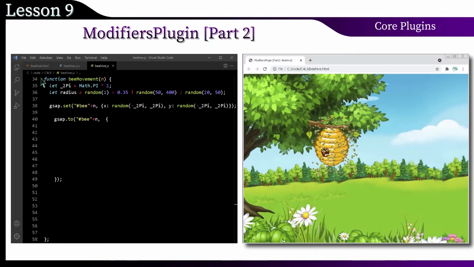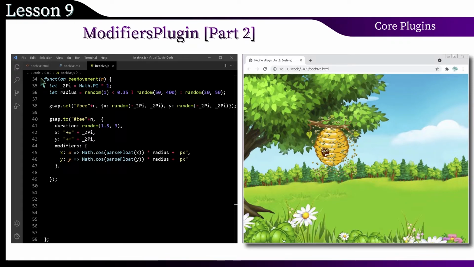Now the animation itself. The duration of the animation is random from the appropriate range. This will contribute to the difference in the speed of movement of the bees. Now there is a 2π increment for the x and y offset. This is the input for the modifier. Now the modifier itself. The functions are as follows.